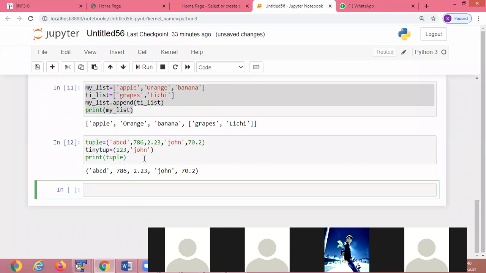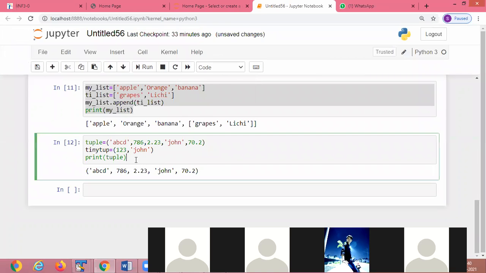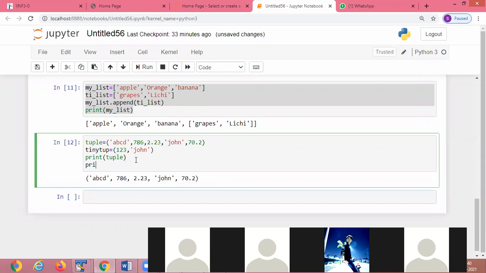Now if you write print tuple, if you want to show the first element, here we use the 0 index position.